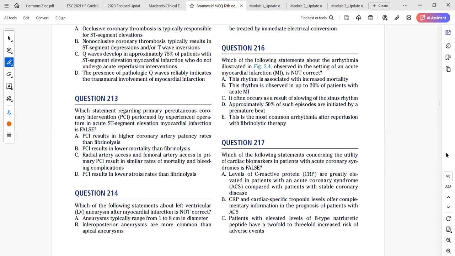I thought this, so this rhythm is associated with increased mortality. So I said that's this option. Mostly the rhythm is benign, and it's not associated with increased mortality, except if it's complicated by hemodynamic instability. So for question 216, the answer is A,